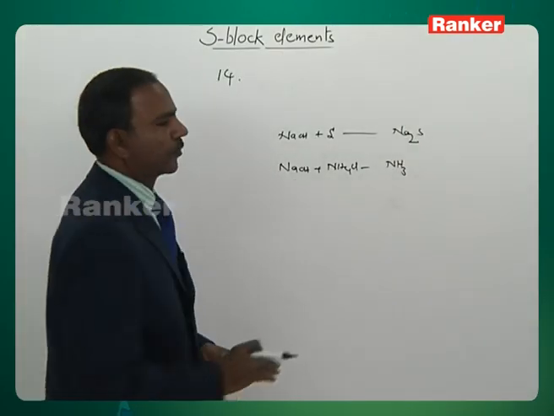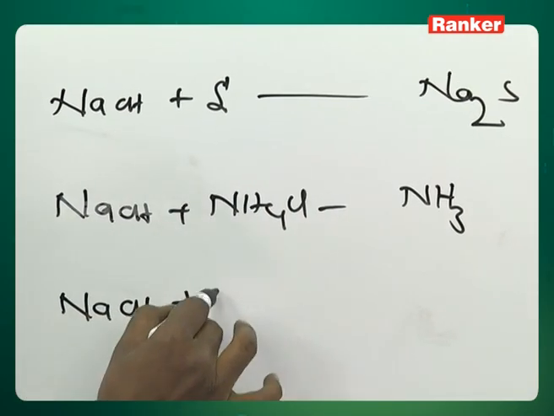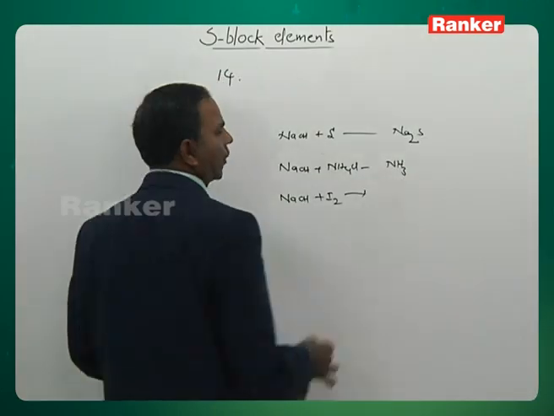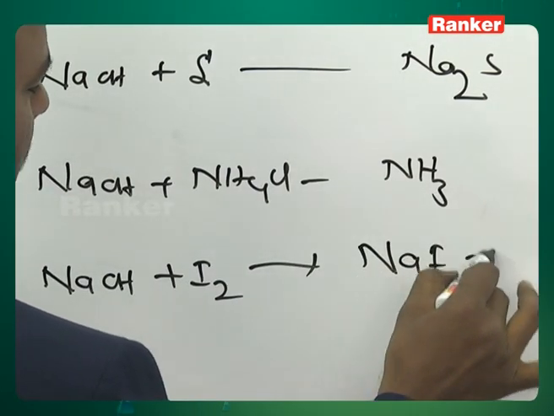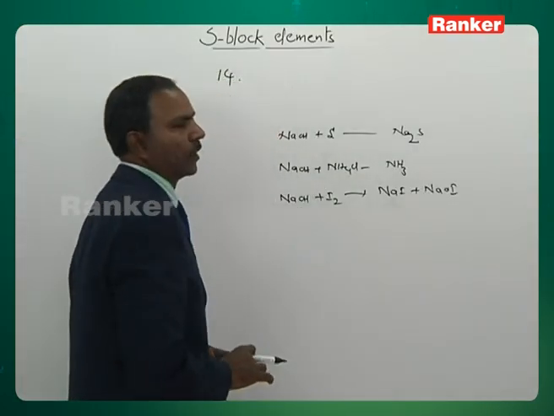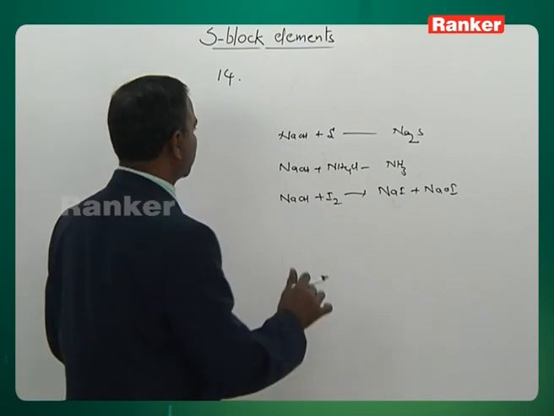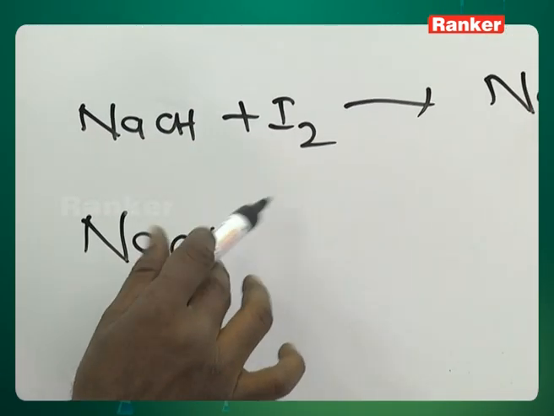Coming to sodium hydroxide and iodine. Sodium hydroxide and iodine, there is a possibility of formation of, let us consider, NaOI. This is the possibility. And zinc metal is given. Consider this sodium hydroxide